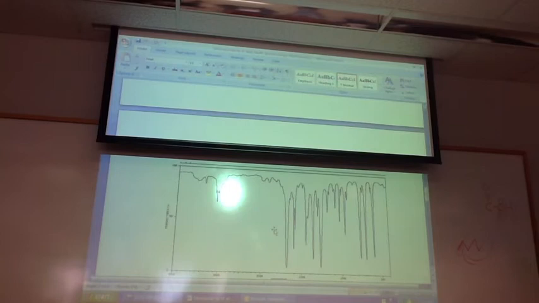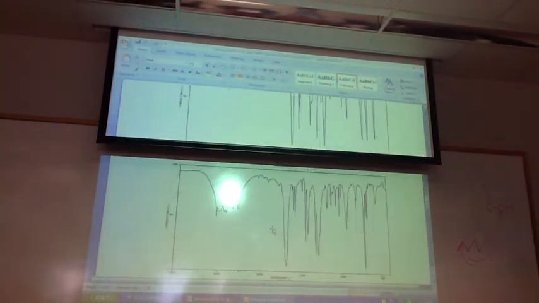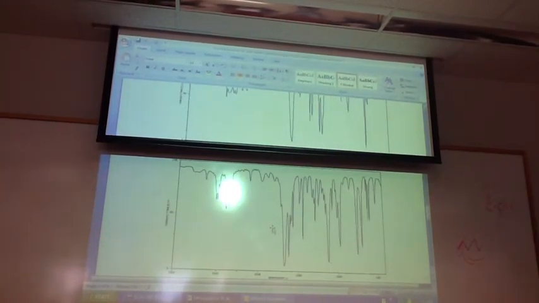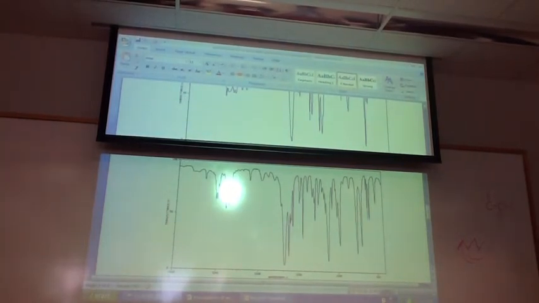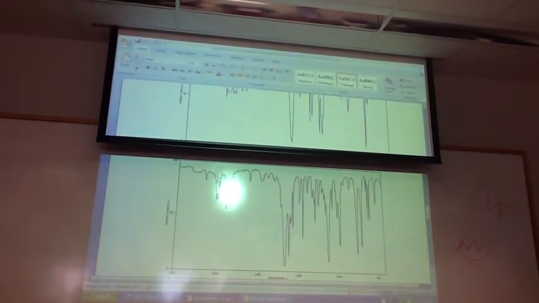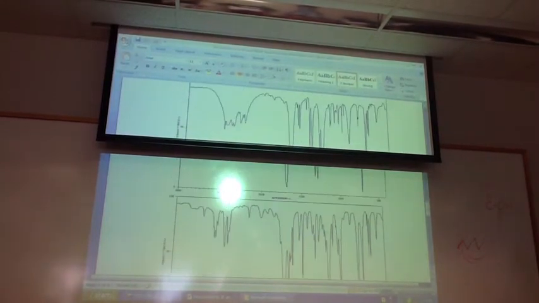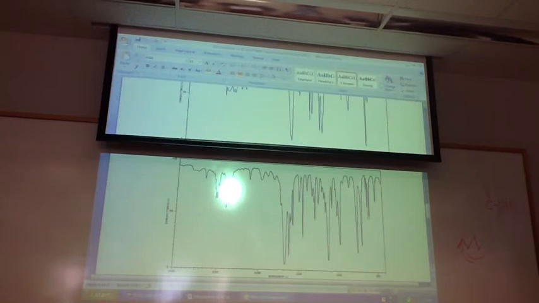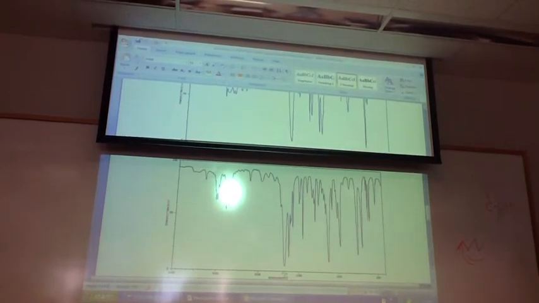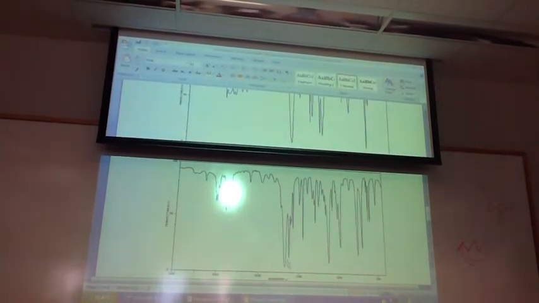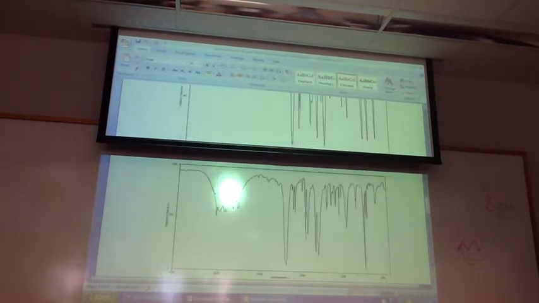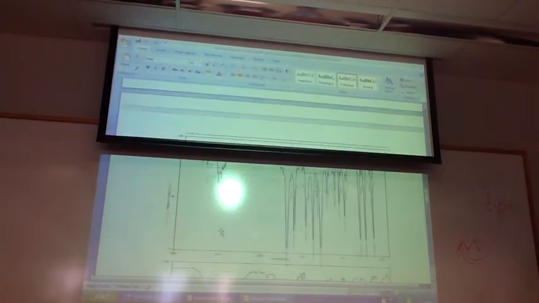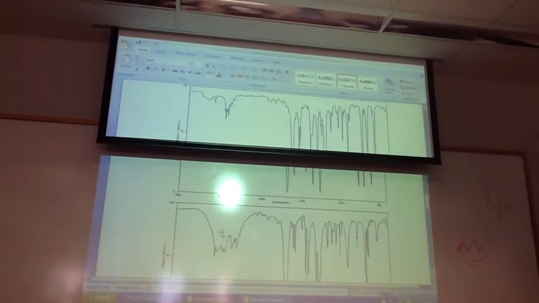Okay, so this is your top one, memorize it. And then this is the bottom. The top one has the alkene. It has to be above 3,000, and you know it's going to be relatively short. You've seen it in the first example. And so make sure that when you're doing this, you also identify your C double bond O, your alkene stretches, and the other peaks. So the bottom one is the